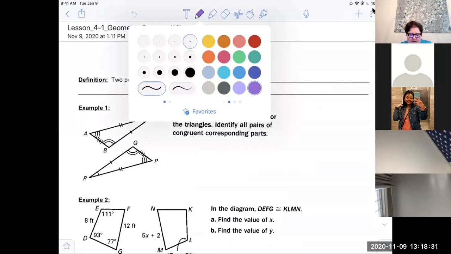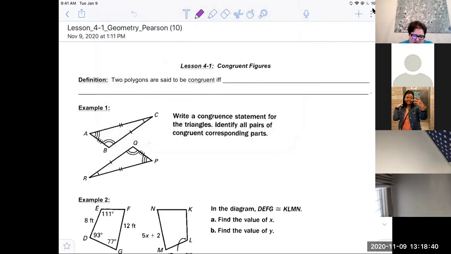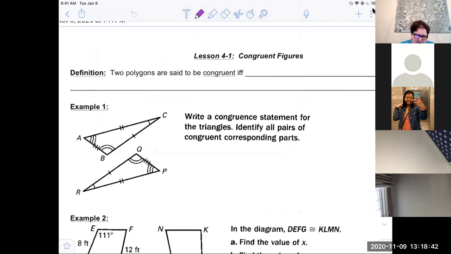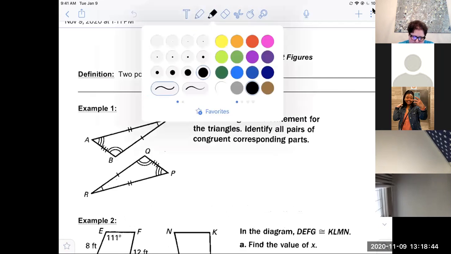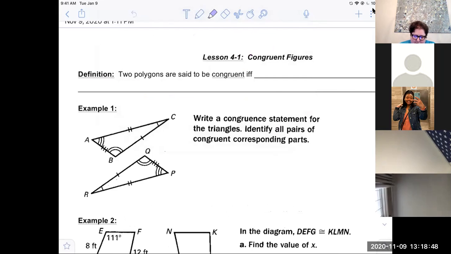Chapter 4 is going to be all about congruence and mostly about triangles, except that at the beginning here, we're going to talk about congruence in general with polygons. So first of all, the definition. So the definition of congruence for polygons